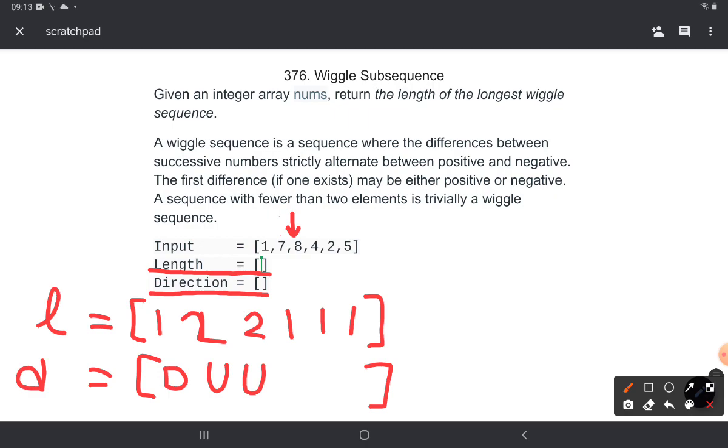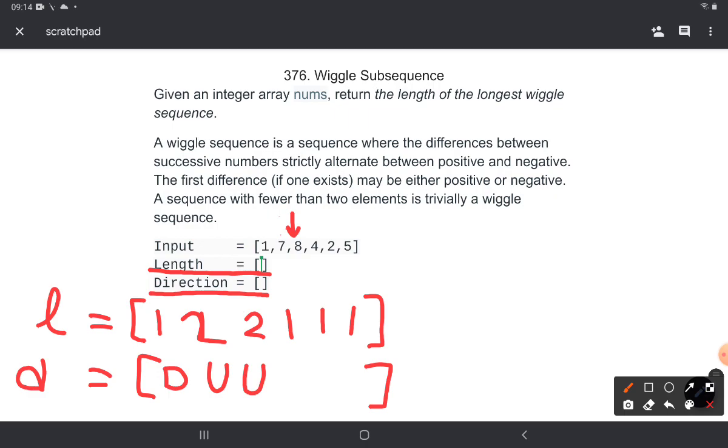Now let's try with the next element, which is 7, moving forward. With 7, this is a wiggle subsequence if 8 happened to be less than 7, because from 1 we go up to 7 and then come down to something, but that is not the case. 8 is bigger than 7, so we don't find any wiggle subsequence, so we just move forward. So till 8, the maximum length wiggle subsequence we have found is of length 2.